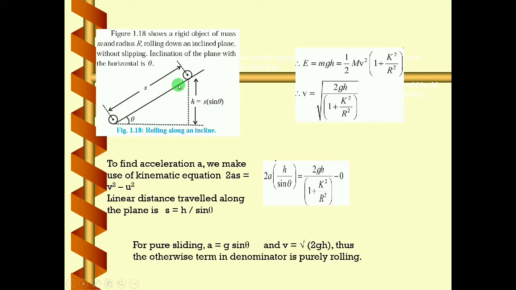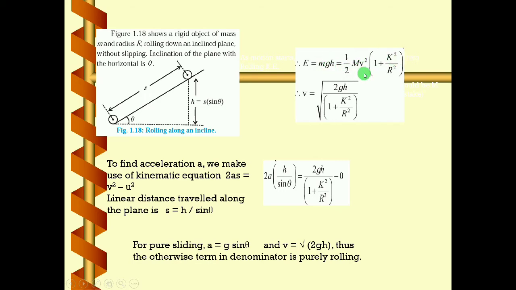Okay. So as the body rolls on this inclined plane, there will be conversion of energy. There will be conversion of potential energy into kinetic energy. So there will be a decrease in potential energy and an increase in kinetic energy. We already know the equation mgh, that is potential energy, h is the height, m is the mass, g is gravitational acceleration. This decrease in potential energy will be balanced by the increase in kinetic energy.